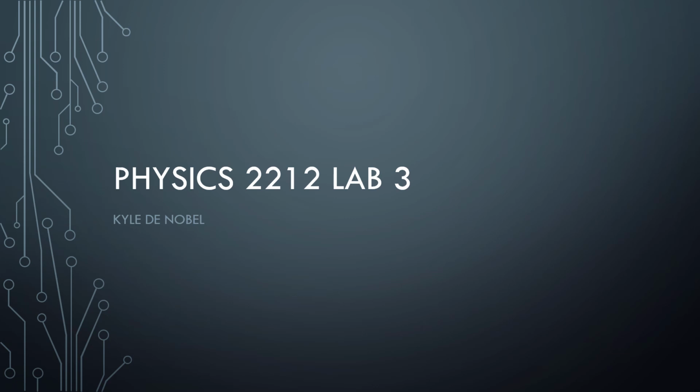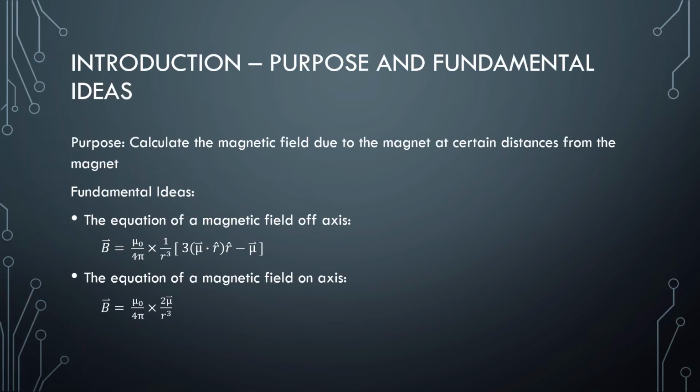Hi, this lab is Lab 3 from Physics 2212. The purpose of this lab was to calculate the magnetic field due to the magnet at certain distances from the magnet. Fundamental ideas here are the equation of a magnetic field off axis, which is B equals mu naught over